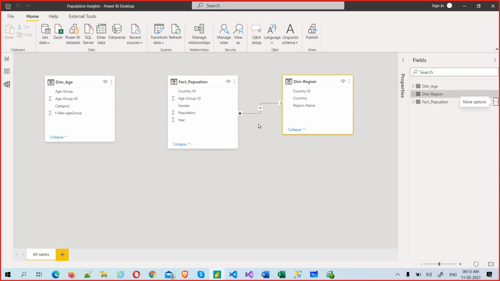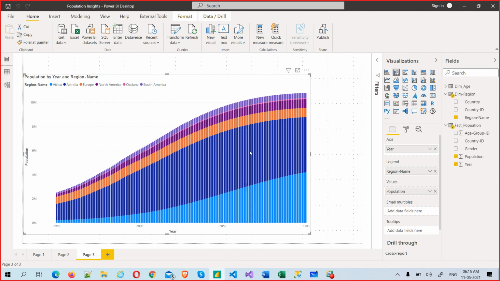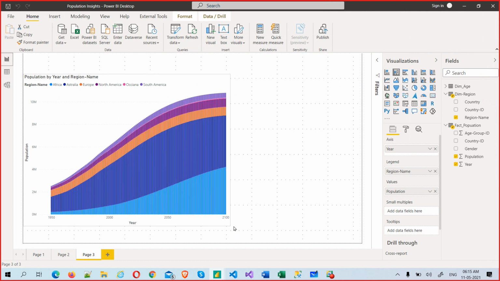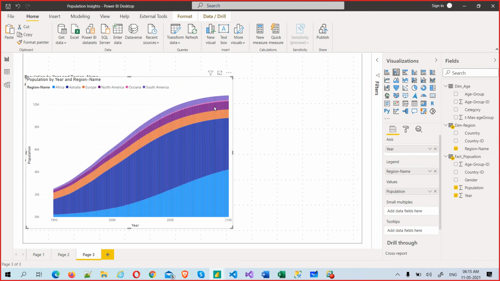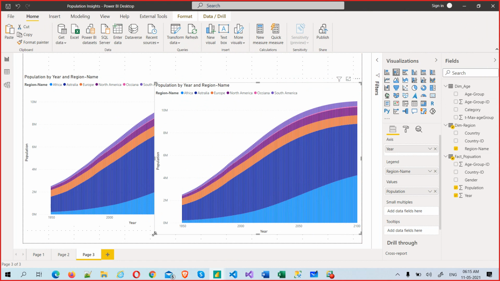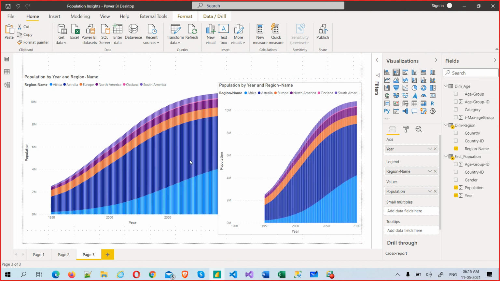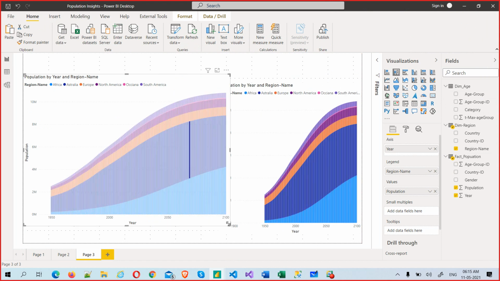Now, let's go back and see. This is beautiful. So now it's coming. Okay, this is good. Now I want an age group perspective or category perspective. I don't want to remove this, I just copy and paste, Control C and Control V. Just watch this story.